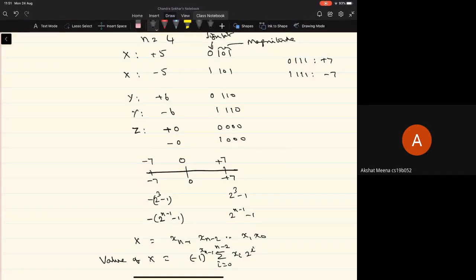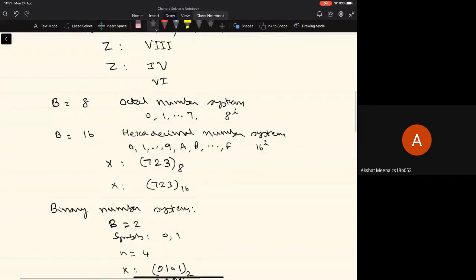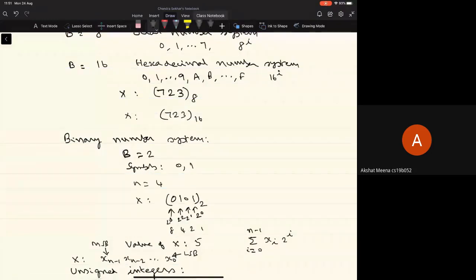So let's say I want to perform a simple addition operation. How do I perform the addition operation? Let's say I want to perform the addition operation on the unsigned integers, what can we do? Let's take z equal to x plus y. Let's say all these numbers are represented using 4 bits. Let's say x is 0, 1, 1, 0, that is 6, right? And y is 0, 0, 1, 1, that's 3. So if I want to get z equal to x plus y, we can easily verify that